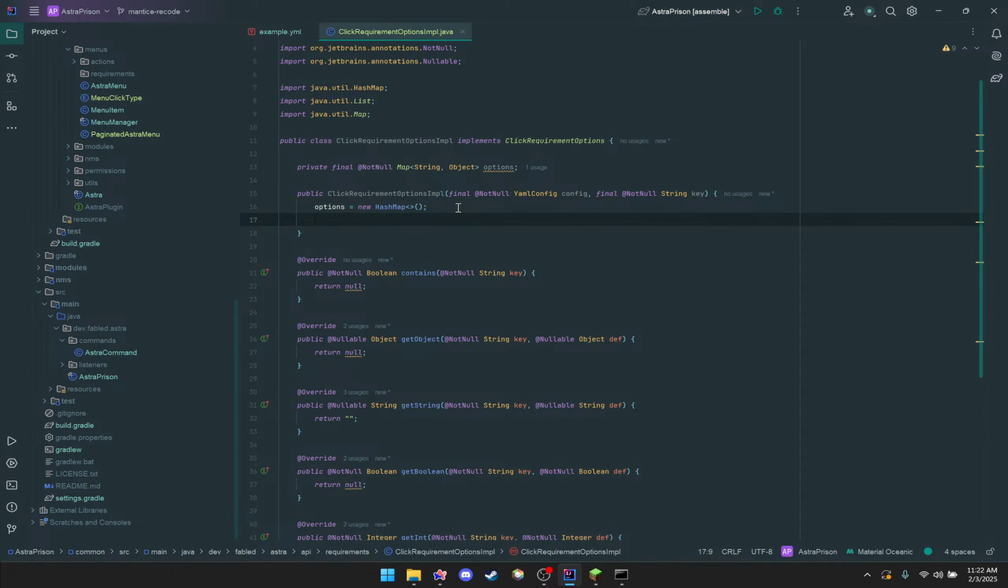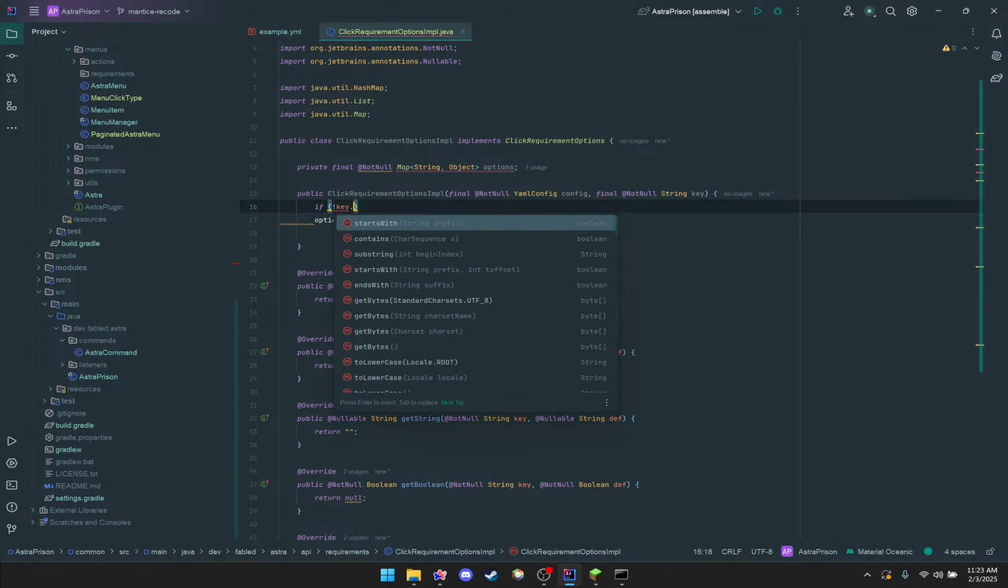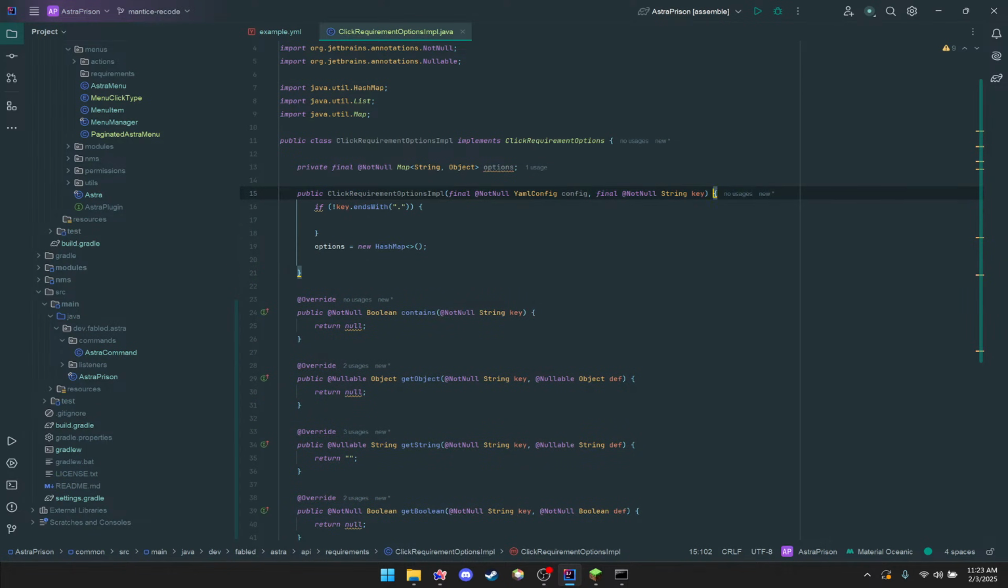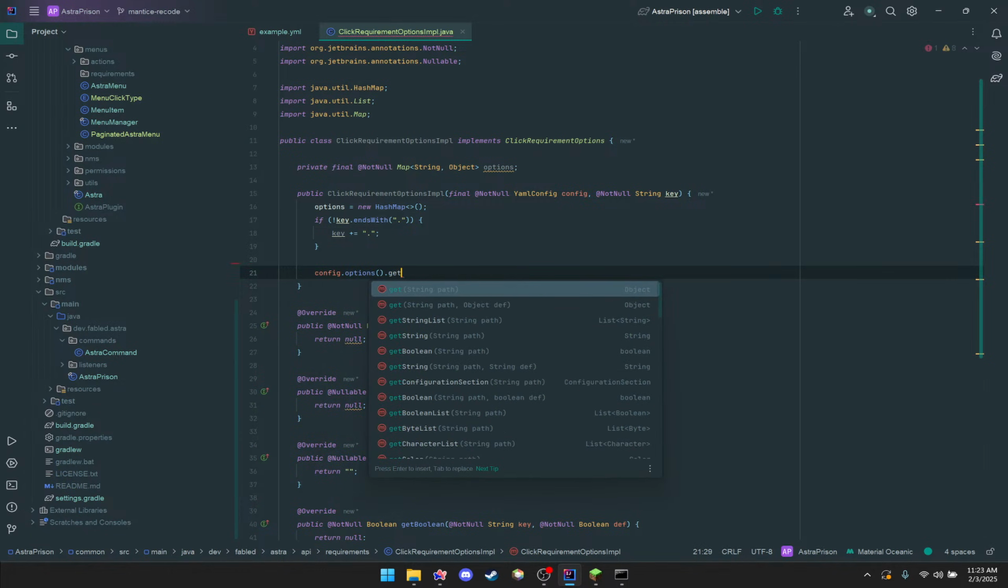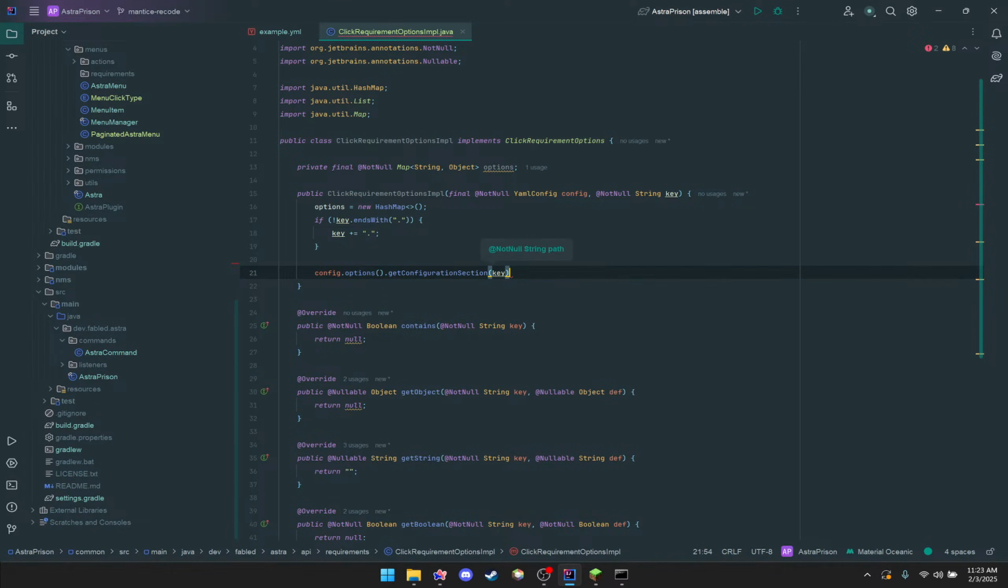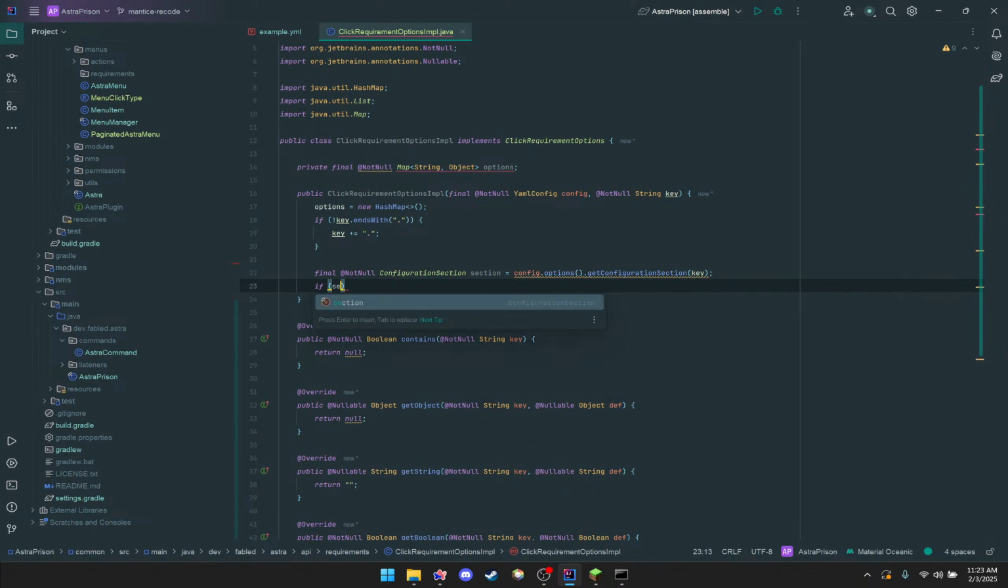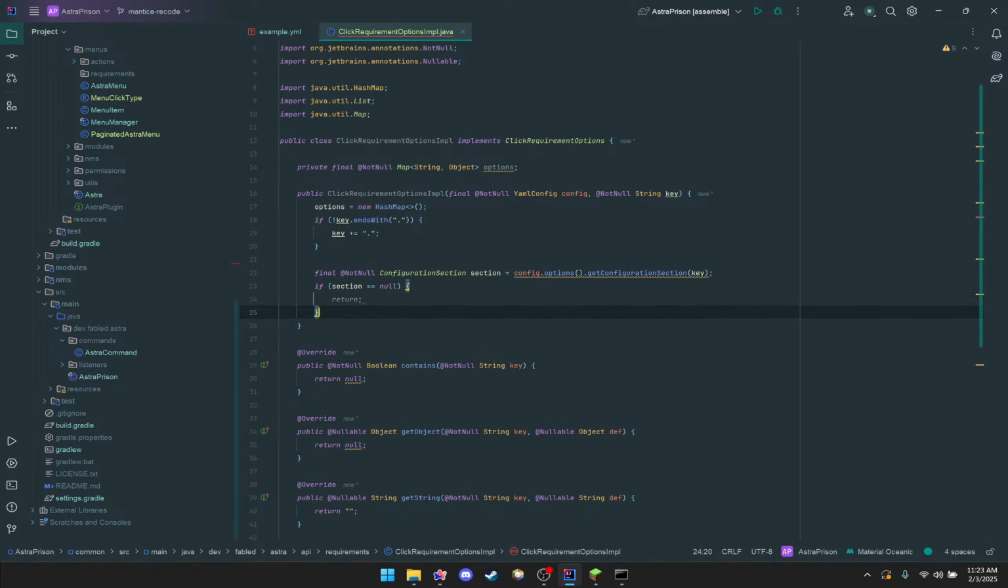So all we need to do is say first off, if key ends with dot, and we just say key plus equals dot, like that. We'll put this up there, and then we'll say big options get configuration section key. We'll return